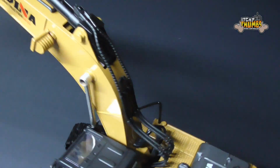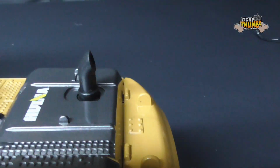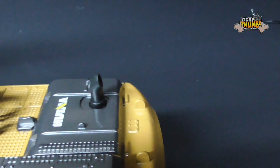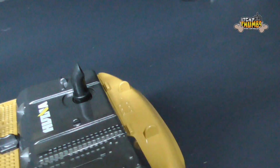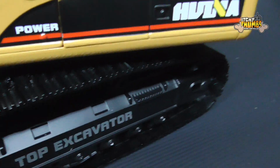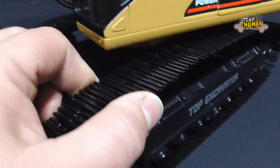Okay, so let's have a little bit more of a look around the machine. That's the exhaust pipe that I was talking about earlier. So that's where the visible exhaust will be blown out, a bit like a vape pen or electronic cigarette, just blows smoke out of that exhaust pipe when it's running. And then coming down to the actual tracks, as I said to you earlier, these are metal,